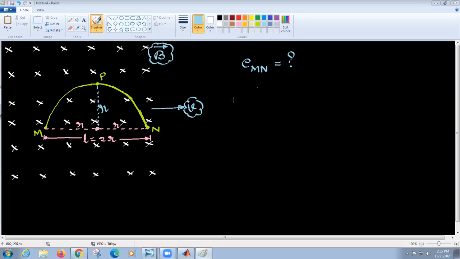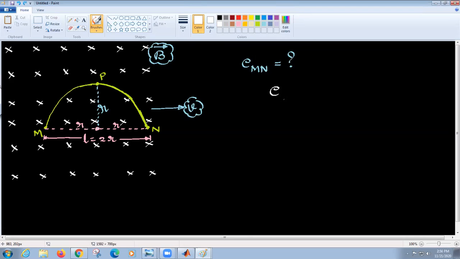So one of your friends said, divide this into two equal halves. Say you have PM, half, and the other half is also PM. Now I just try to find the induced EMF. So what do I take? I take PM.